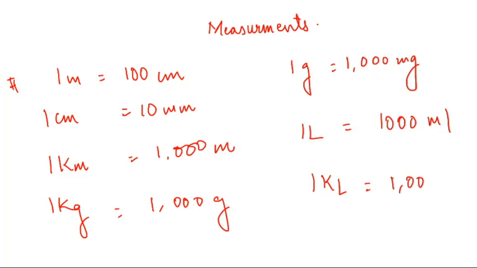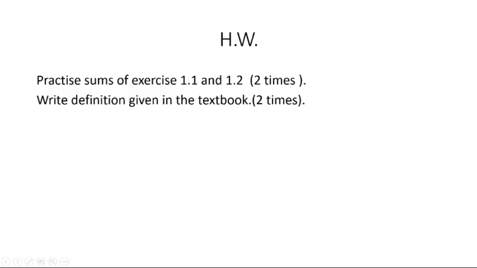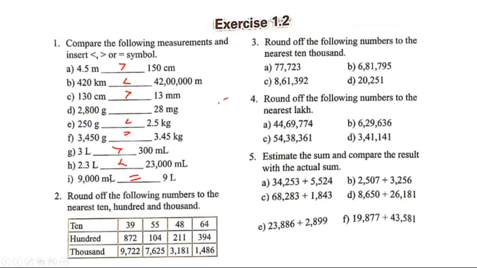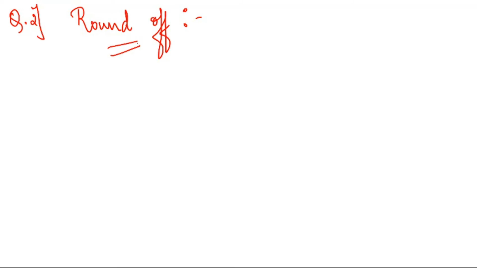Next, question number 2 is round off. In round off, what do we have to do? Round off means we have to make the number accurate. Like, for example, if the number is 28, we make it accurate and round it off to 30. Here the 2 that is left, we cut it and round it off to 30. Okay, so how can we do the round off? How do we do round off?